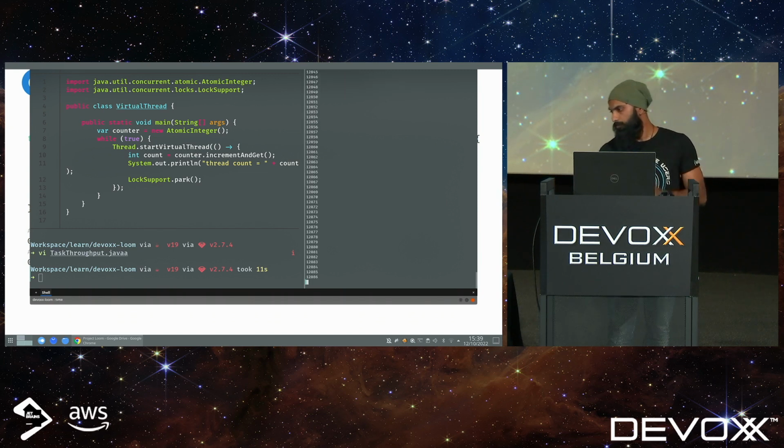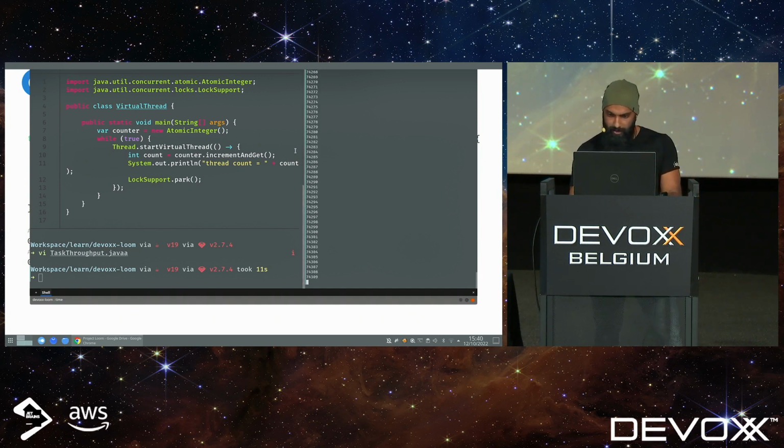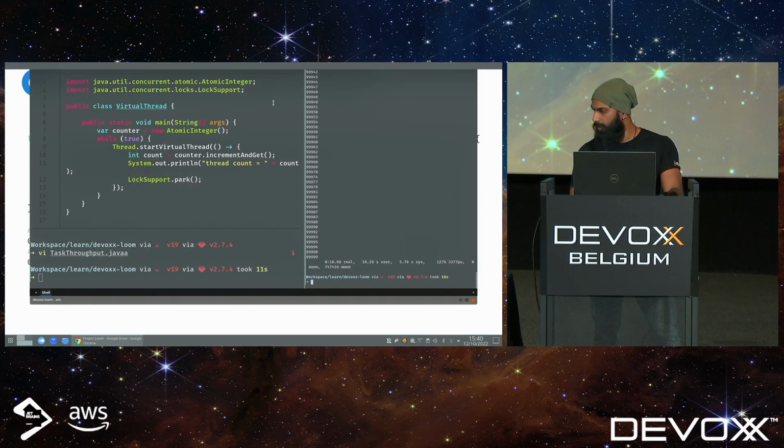So this is about how much throughput we can get, right? So 100,000. I think it would be around 20 seconds or something, if I remember correctly. I think last time I ran this, I had these numbers. So yeah, around 18 and 18 for the new one. Yeah, kind of similar now. So that's the throughput that we got.